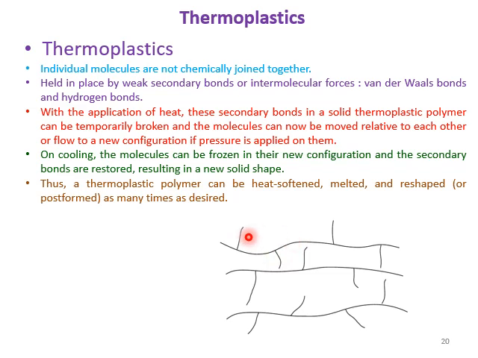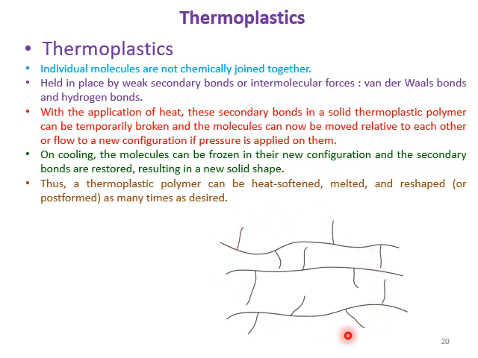Suppose I apply heat and pressure, the location of the polymeric chain which is here now, it can slightly move ahead, right? These bonds can be broken and these chains can move relative to each other. And suppose you cool it later on, then at whatever place you cool it, these molecules will freeze themselves at that new position, right? So this is the difference between thermoset and thermoplastic matrix. As they are not linked by crosslinks to each other, they can move relative to each other. Once they move and you again solidify them, they will freeze themselves at the new places. Now this can be done any number of times, right?